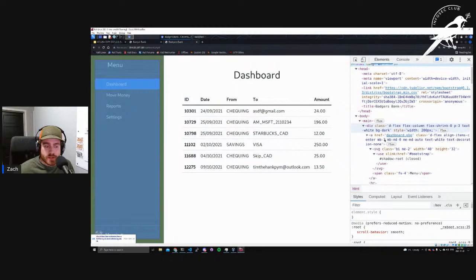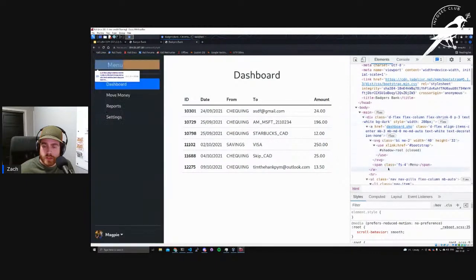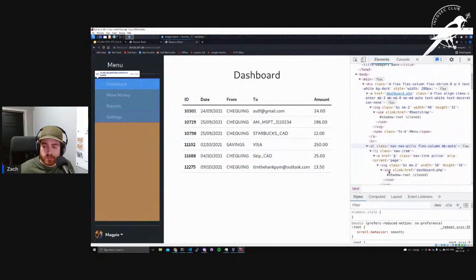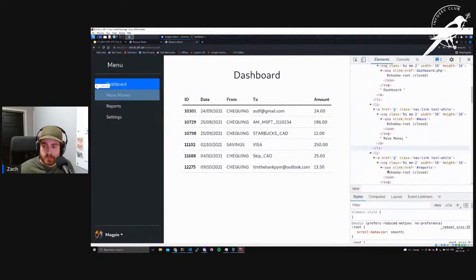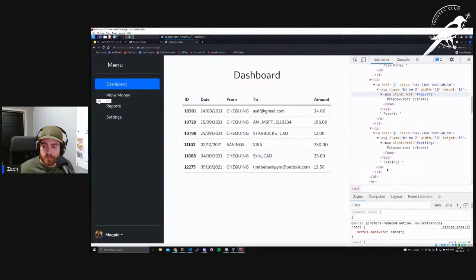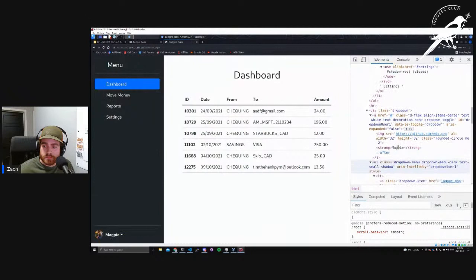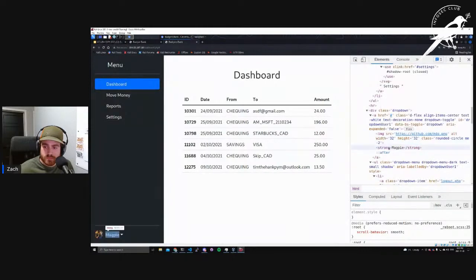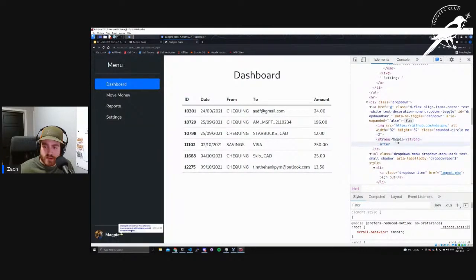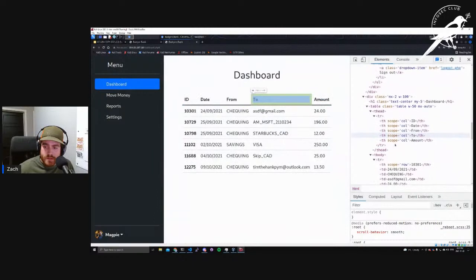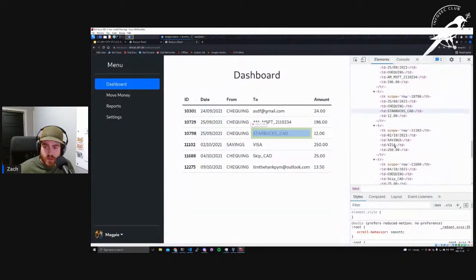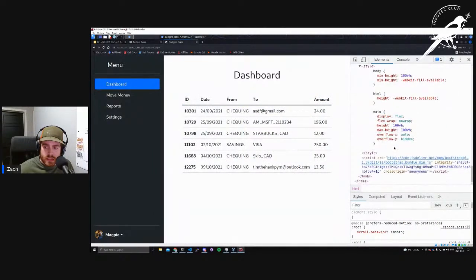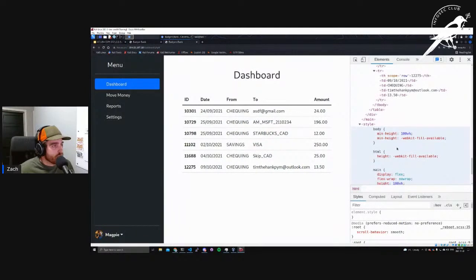So as we're looking through this, we're just looking for things that could be interesting. Looking at the source code. We've got a link here. A nice bearded man is the user. It's got our username Magpie. Nothing else super useful, but this really looks like it's in the middle of being built still and someone is